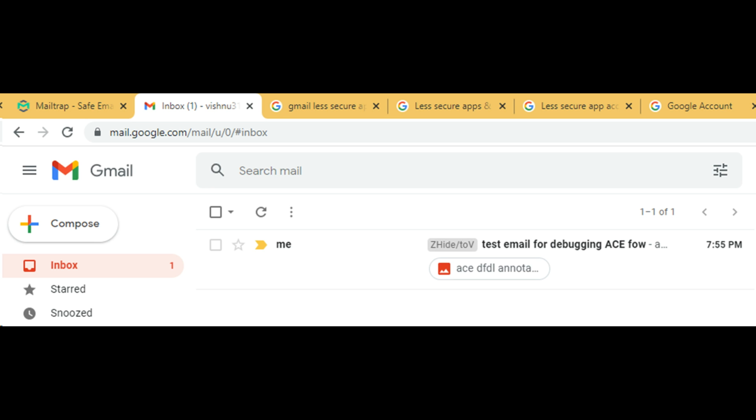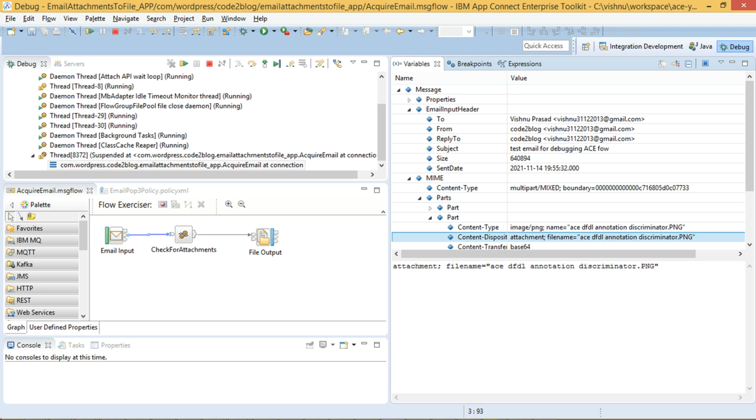Here at 7:55 p.m. I sent another test email with another picture. I then debug the flow and show you the variables so that you know that this new code is working. I'm not downloading the picture manually and pasting it in the folder.